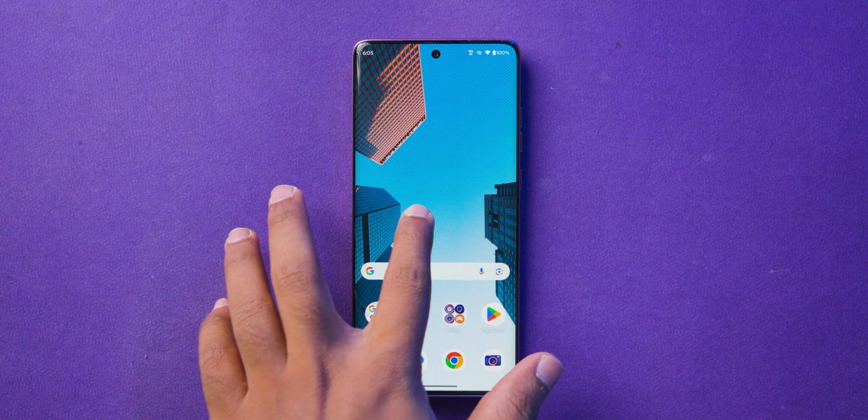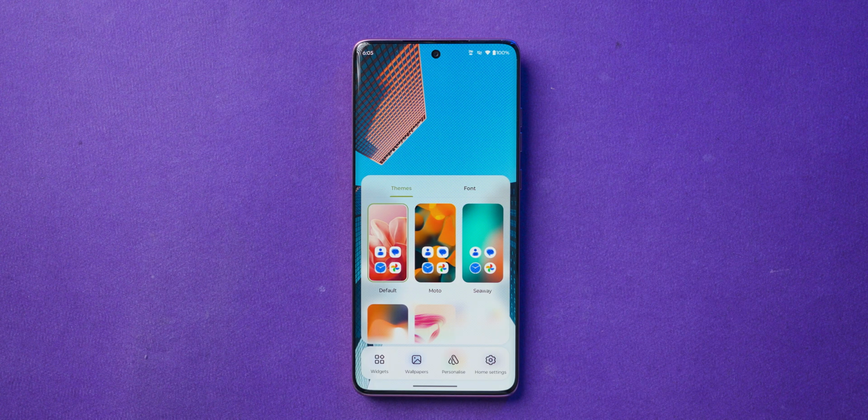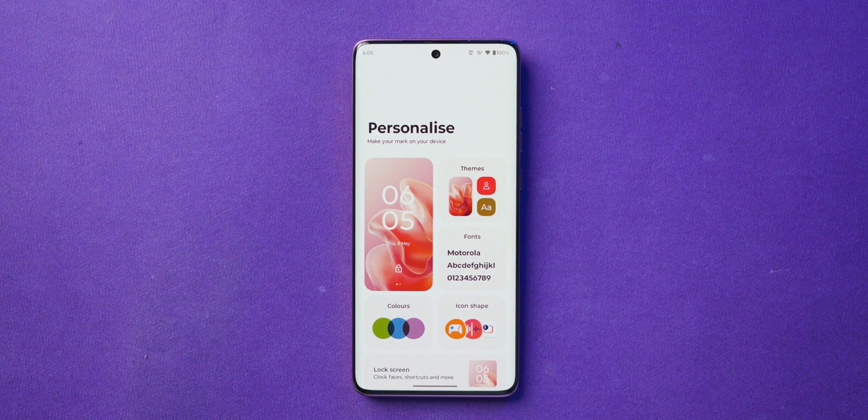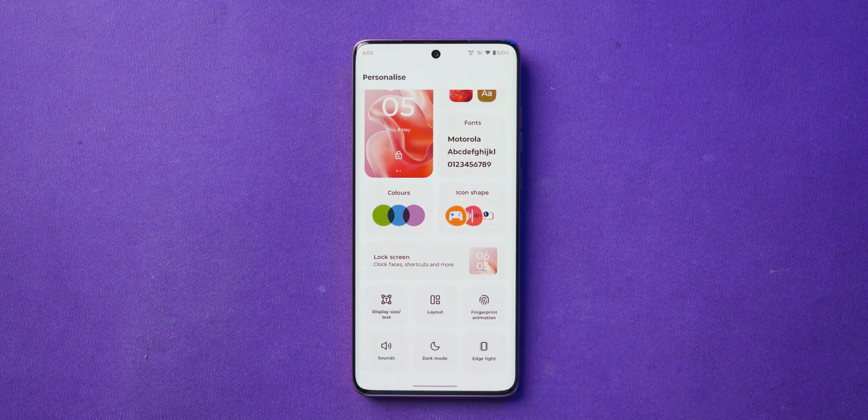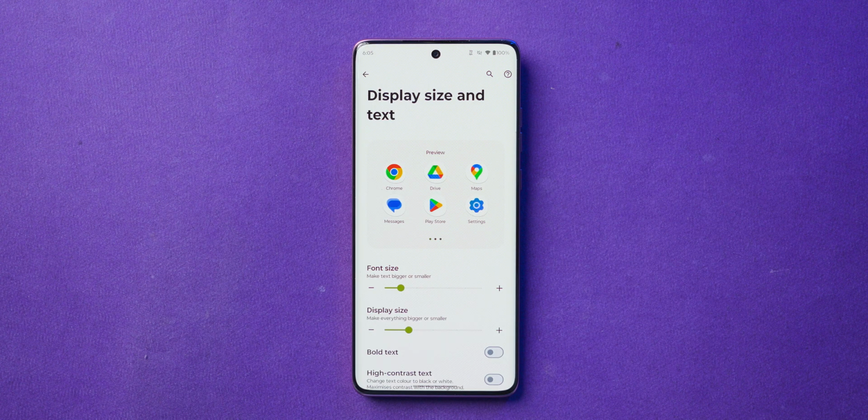First, long press on your home screen until you see a few options pop up. Now tap on the personalize option. Once you are inside, scroll all the way down to the bottom. There you will find an option called display size and text. Tap on it. Now from here you can easily increase or decrease the font size and display size according to